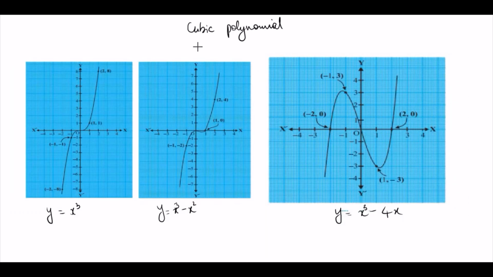Now let's see the geometrical meaning of zeros of a cubic polynomial. So here I have taken 3 examples, that is for a polynomial x cube minus 4x, here the highest degree is 3, so this is a cubic polynomial. This is also a cubic polynomial, x cube minus x square, and y equal to x cube. Here you can see the graph meets the x-axis at 3 points, that is minus 2, 0 and 2. Similar way, here you can see the graph meets at 2 points and here at 1 point. That means a cubic polynomial can have 1 0, 2 zeros or maximum of 3 zeros.